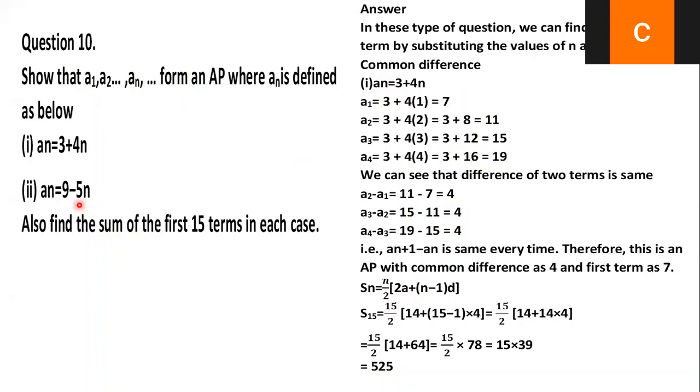Now I want all of them to do the second one. An is equal to 9 minus 5n. Take n value 1, 2, 3, 4 and check what is a value and d value. What is a value? If n is 1, a value is 9 minus 5, 4. 4, ma'am. Yes. What is d value? D value. -5. Yes. Here if I take 2, minus 10, first value is 4.